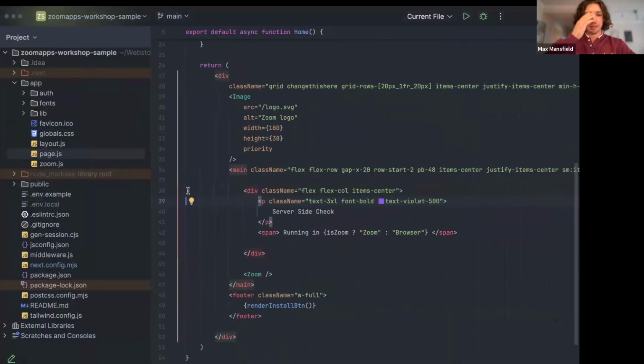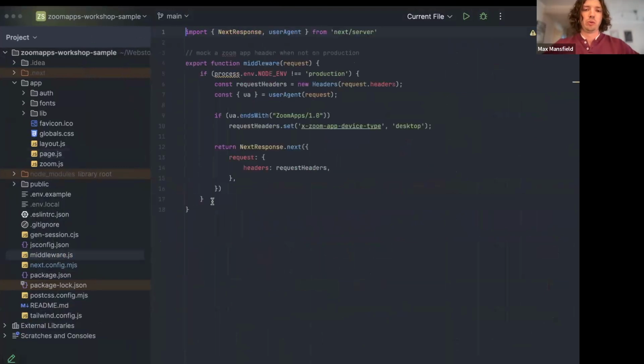And let's just briefly go over again how that works in case you weren't able to attend the first workshop. So as Dante mentioned, there will always be a Zoom Apps user agent that's available when you're running in the Zoom client. And there can be some issues with hot reloading when it comes to modern web frameworks like this. And so right here, what I have is a middleware function that checks if we're running in development. And if we are, then it looks for that Zoom Apps user agent. And if that Zoom Apps user agent is there, it just injects this header and makes sure that header